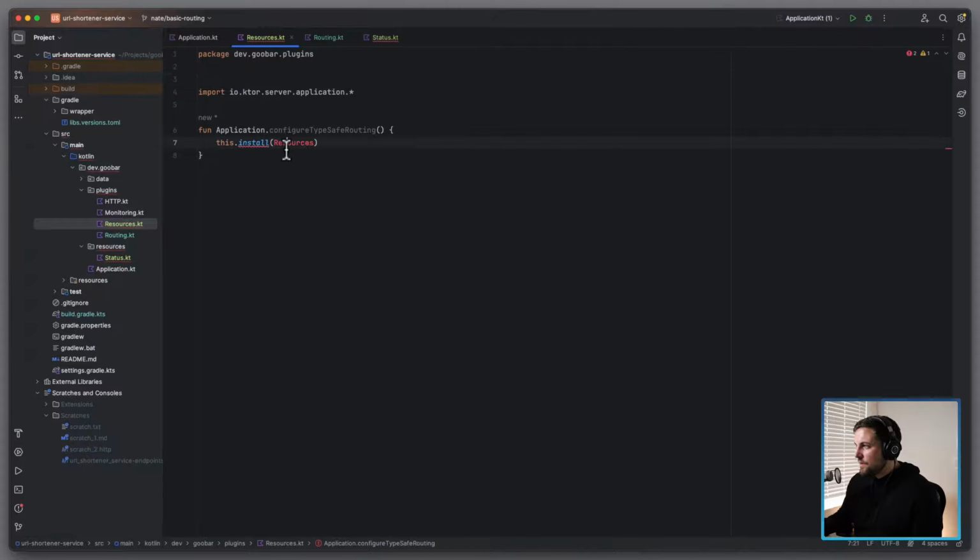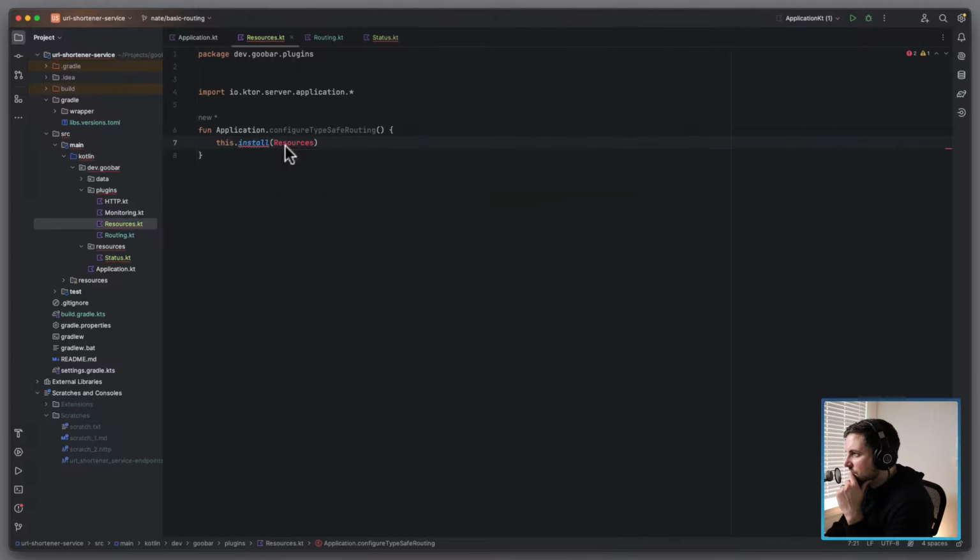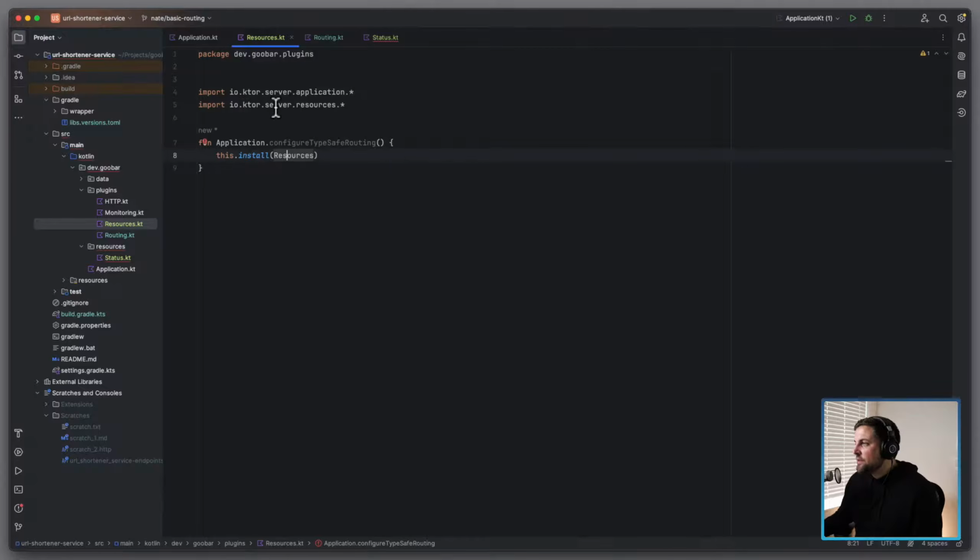All right, so which one of these do we got to pull in here? Server resources or Ktor resources? There. So we had to pull in the Ktor server resources